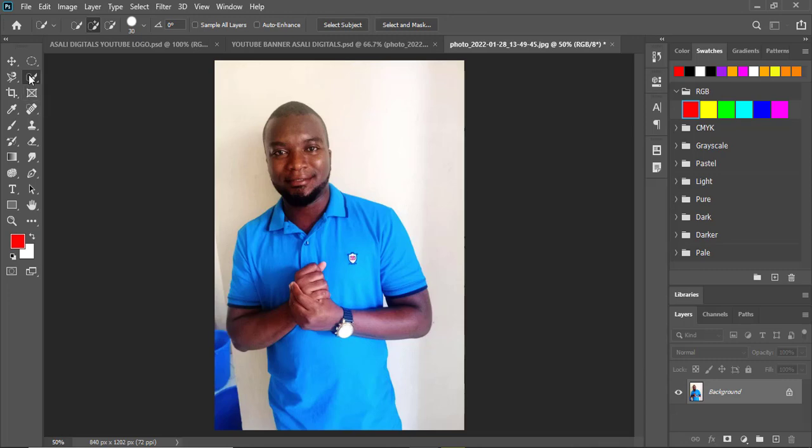options here. But when I right click, it will give me this aspect here on top. I'll make sure I've checked this one, tick, sample layers, and auto enhance, all of them are selected. The next thing I'm going to do, I'll come here, right click again, then choose this object selection